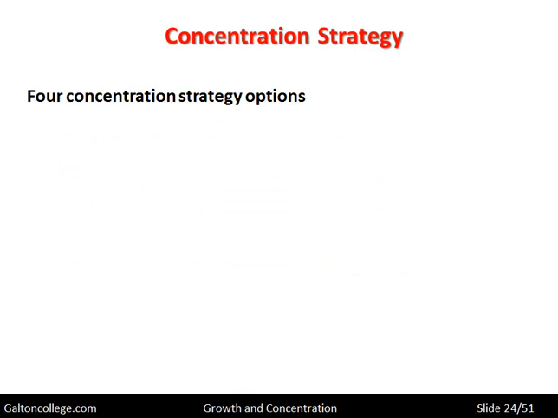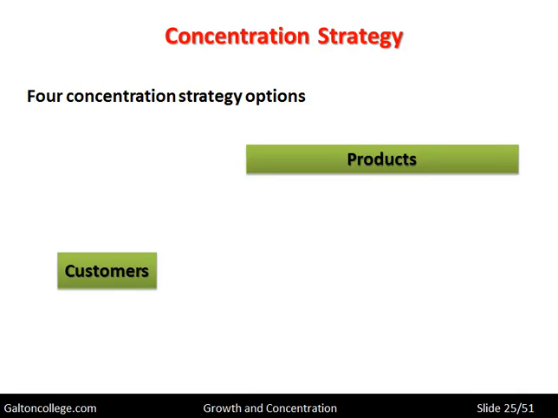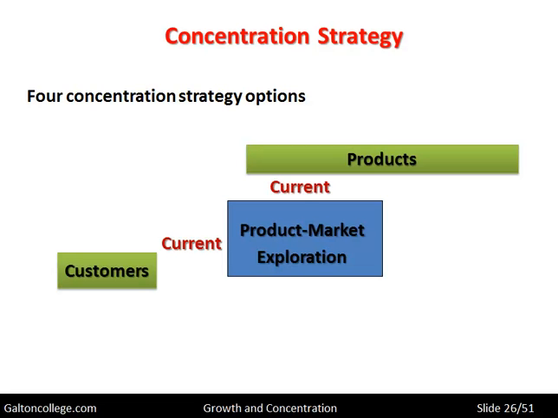There are 4 concentration strategy options. First of all, we'll deal with products and customers, and you can see what I'm going to develop here in a second. But we have products and customers, and then we have the current customers and the current products. Well, if it develops products which meets the requirements of current customers and is doing it with the current products, then it's the product market